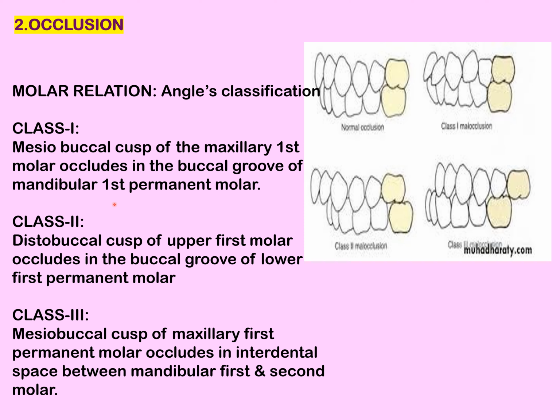Next we check the occlusion. In this, the molar relationship of the patient is checked by Angle's classification. If the mesiobuccal cusp of the maxillary first molar occludes in the buccal groove of the mandibular first permanent molar,